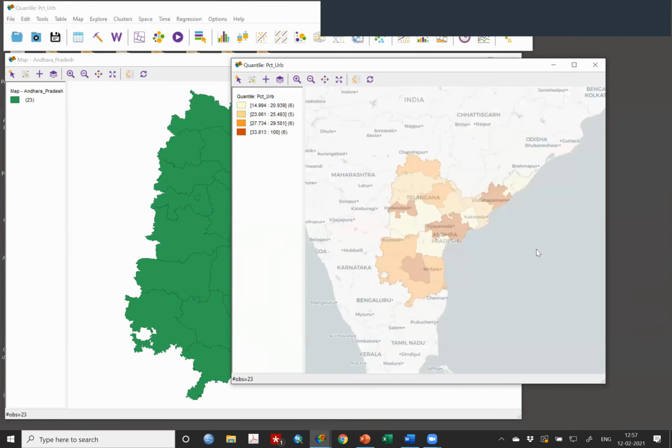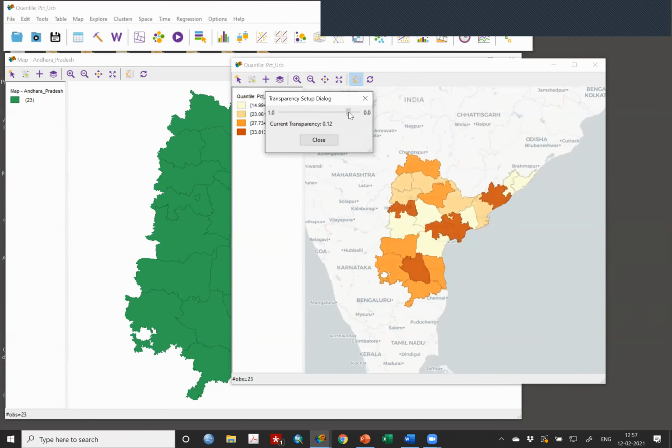If I do that, your map is appearing here. Now I go to the contrast and change the map transparency, so everything is visible to me.